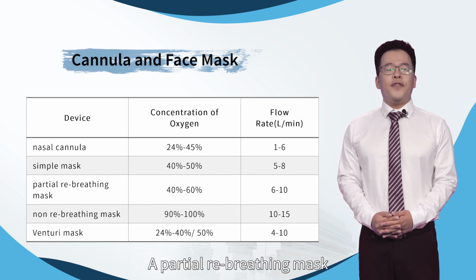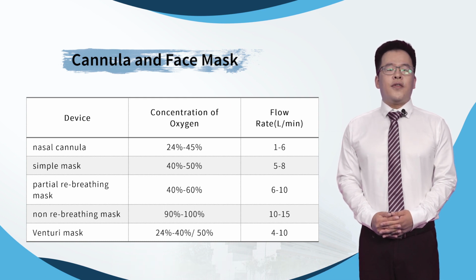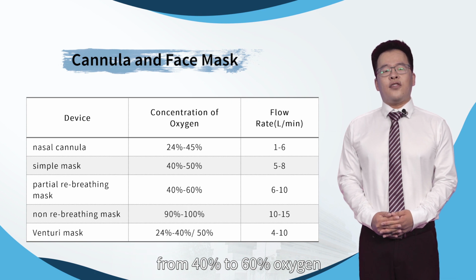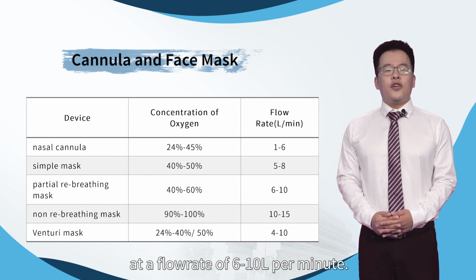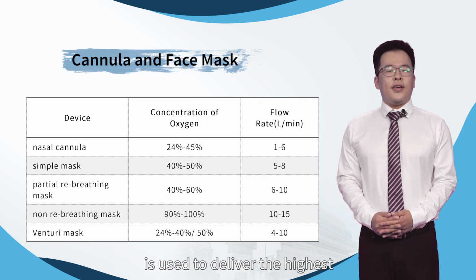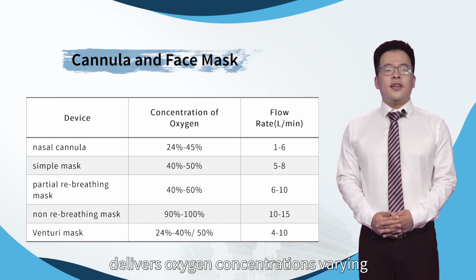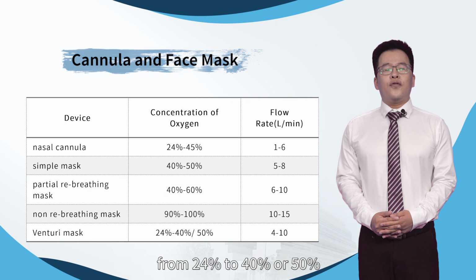A partial rebreathing mask is used to deliver high concentrations of oxygen from 40% to 60% at a flow rate of 6 to 10 liters per minute. A non-rebreathing mask is used to deliver the highest concentration of oxygen, from 90% to 100%, at a flow rate of 10 to 15 liters per minute. The Venturi mask delivers oxygen concentrations varying from 24% to 40 or 50% at flows of 4 to 10 liters